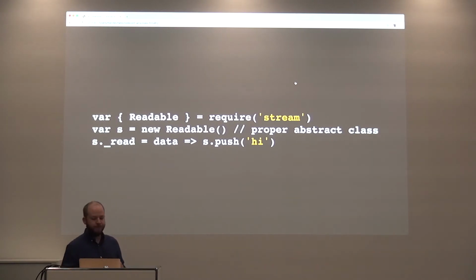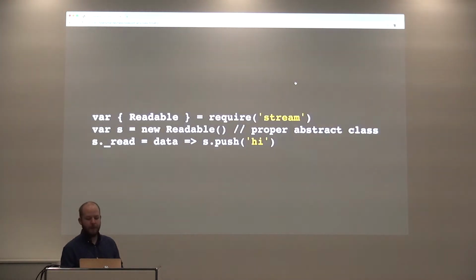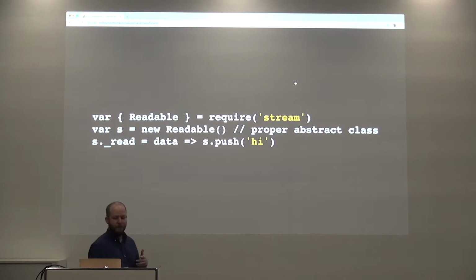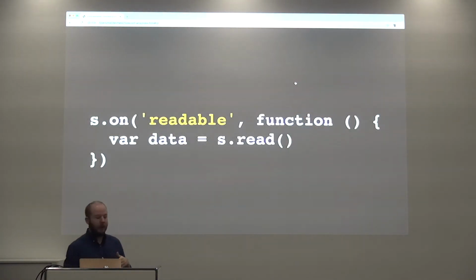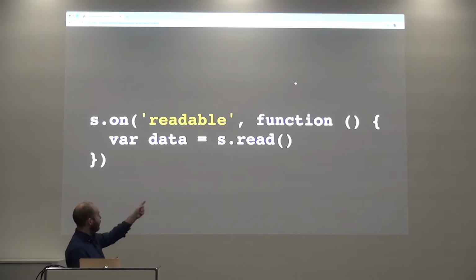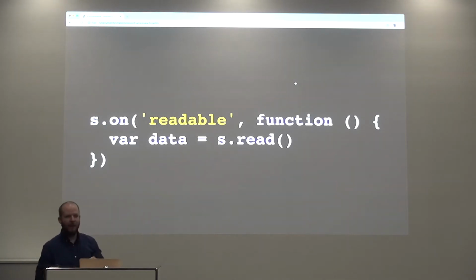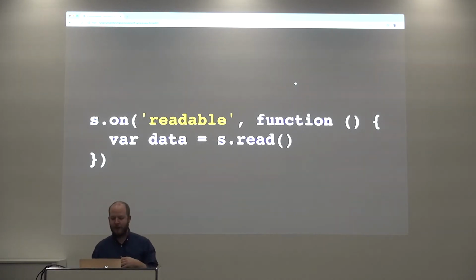And then that event, the data event, was kind of complicated. Let's get rid of that and introduce this new event called readable. That would be emitted every time you had data. That was the idea. And again, this is a pattern somebody saw in Java, I think, where on readable, you would call read, and you would get data back. None of that pushing data to you, and it would be synchronous because it was in an event, and it was a really good idea at the time.